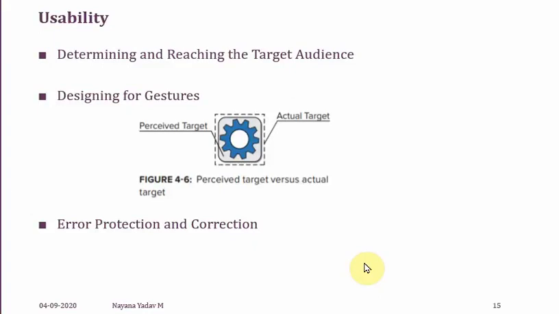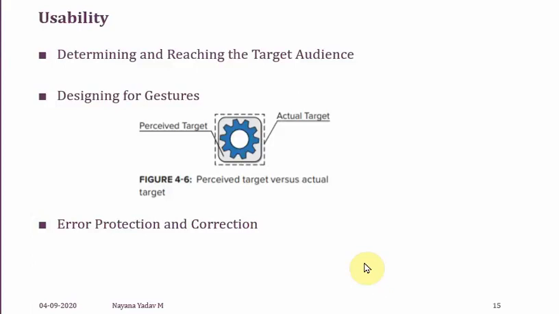As a developer, we might be spending a lot of time designing these gestures. But if your user or your audience is not updated about this, or if no information is given to them about these gestures, then they are not going to use them. So if you have added any gesture features, it should be told to your client or customers. One way is to have a pop-up box announcing that this is a new feature added to our application, and you can use it this way. In that way you can make your client use your gesture features.